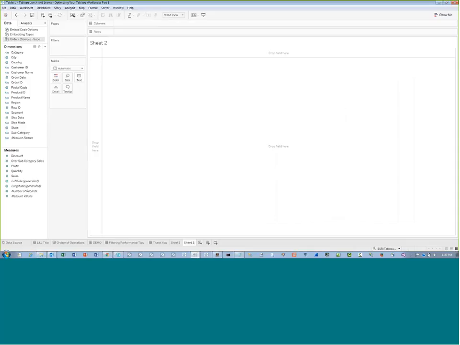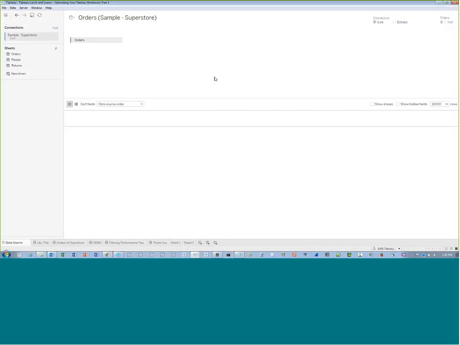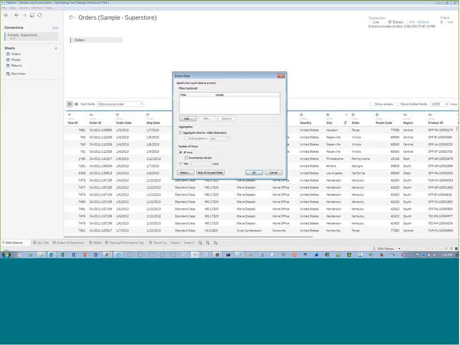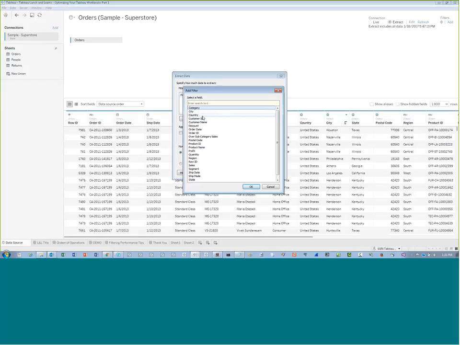All right, so I'll leave that example. We'll create a new worksheet. So when we talk about extract filters, what do we mean? So we're going to take a look at this, and we'll look at extract filters and data source filters. So this is basically the sample Superstore orders, right? And you can see I am performing an extract here. When we say extract filters, what we're talking about is this area right here, right? So if I put a filter on region here